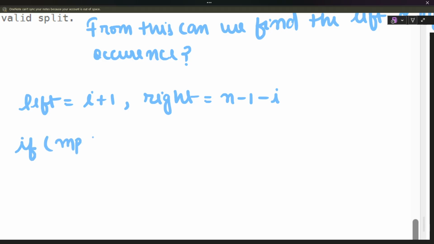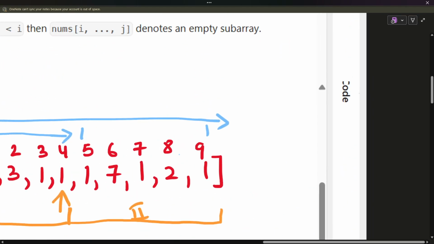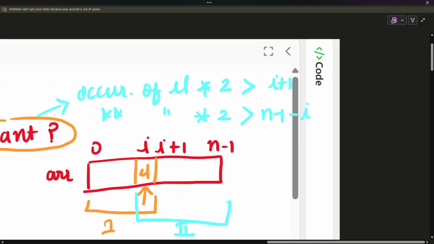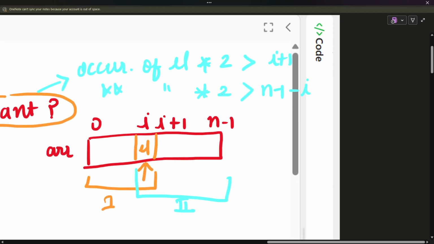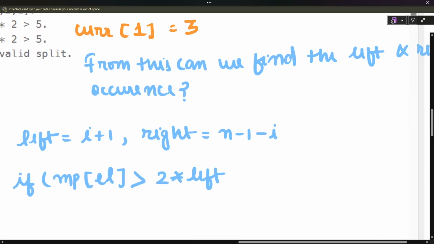Okay, so if the MP of L is greater than twice of left, right? Or did I write it or not? Okay, I wrote it. So if it's greater than left, and